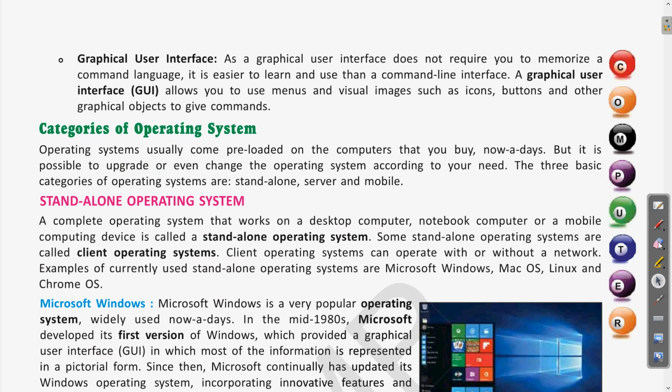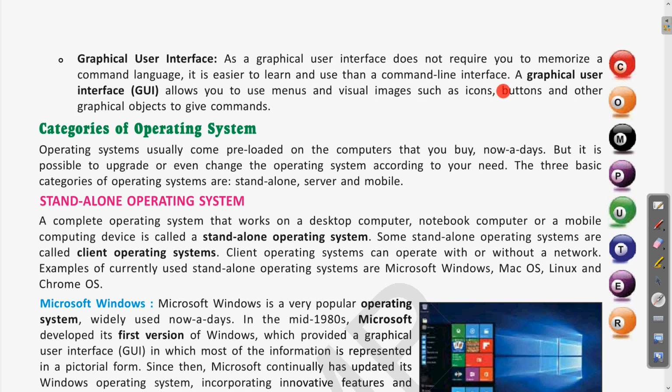So after that, the other user interface which was developed is GUI, which we see in Windows, where you can use the different icons, menus. As we have discussed yesterday also, let us read it once more: a graphical user interface does not require you to memorize a command language. It is easier to learn and use than a command line interface.